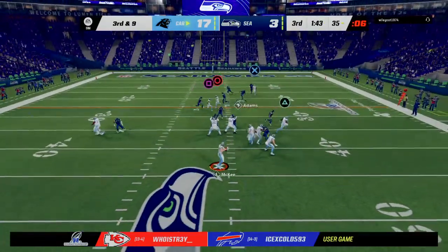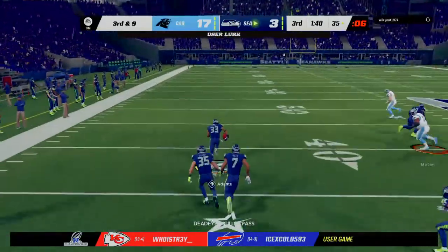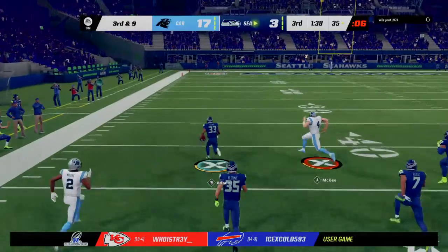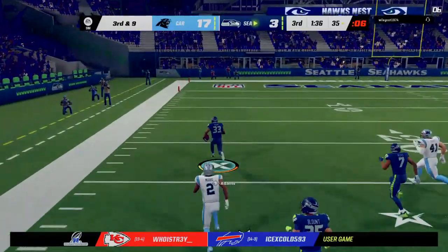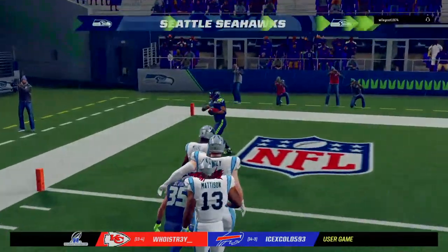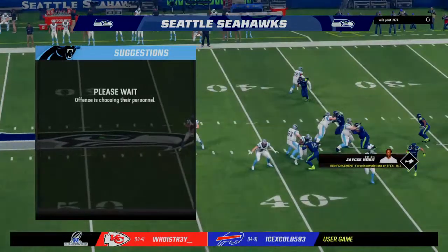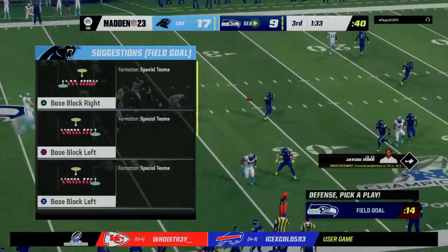Play action. They'll throw. Into heavy traffic, and it's intercepted. Picked off by Jamal Adams. There he goes left side. And he will take this one home. It's a touchdown. Well, here in this 3rd quarter, the whole complexion of the ball game flips on a dime